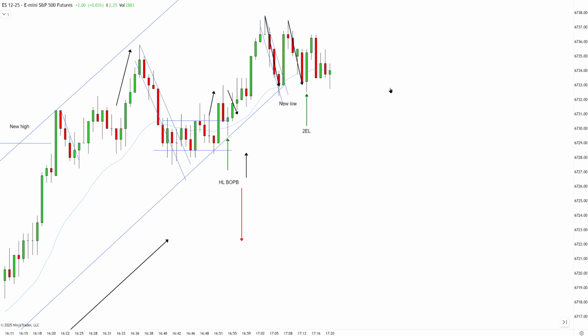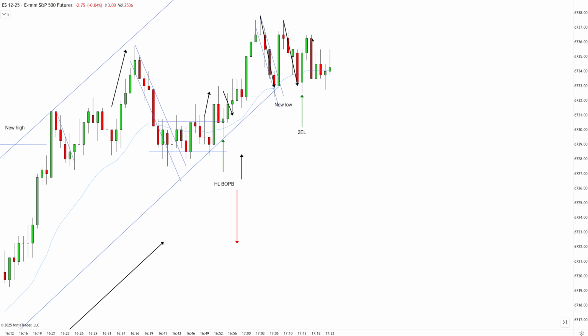You have to ride it for a while, and you actually have a mini second entry long combined with a triple test. 1 bounce, second bounce, third bounce. This is a little bit better entry because here you're buying quite close to these highs, but it's still a great trade to take. If you're not holding this trade, and you still want to go long because you can see buyers still buying at the EMA, triple test holding, you have a key entry point again, and a great small